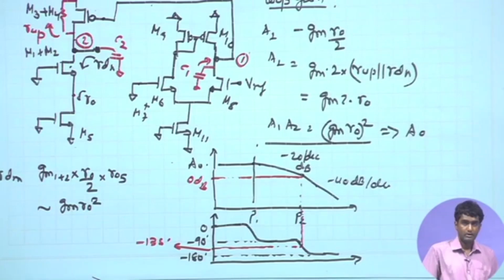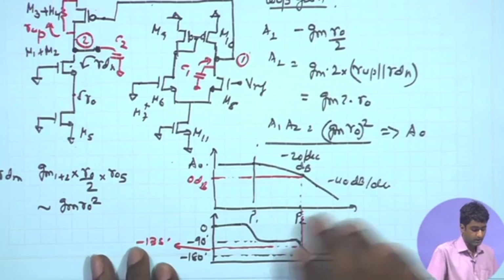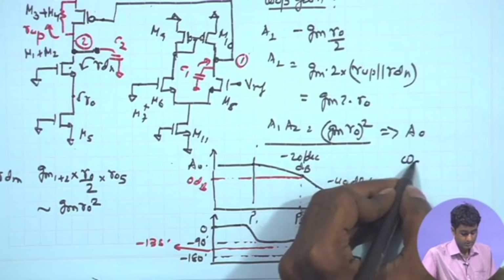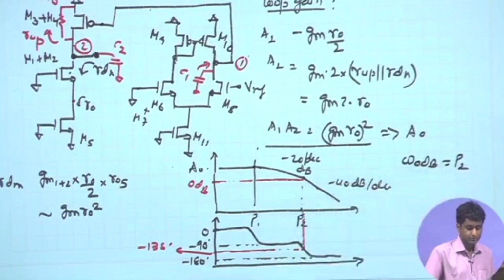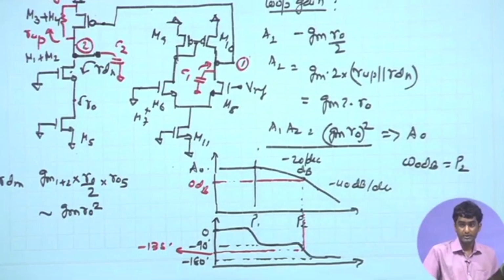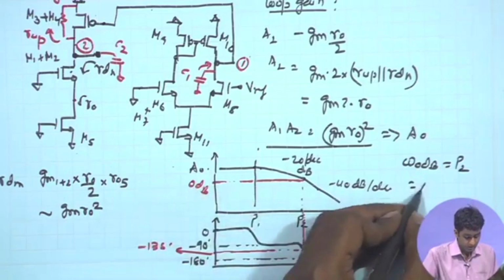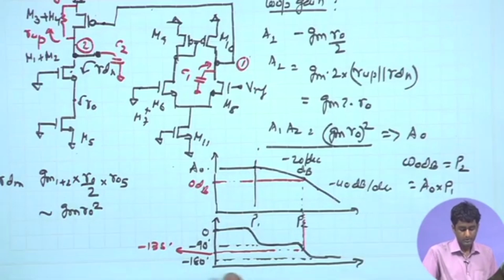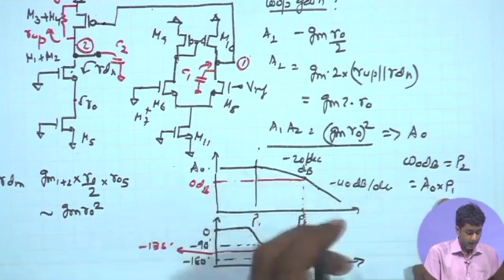And in order to achieve this condition, we know the criteria that we need to apply. We need to make sure that omega 0 dB is our second pole P2 in the system, and also we have seen that omega 0 dB can be expressed as A naught times P1,